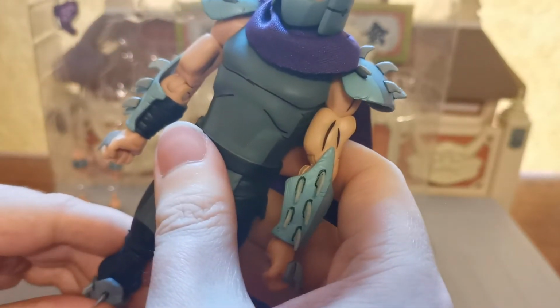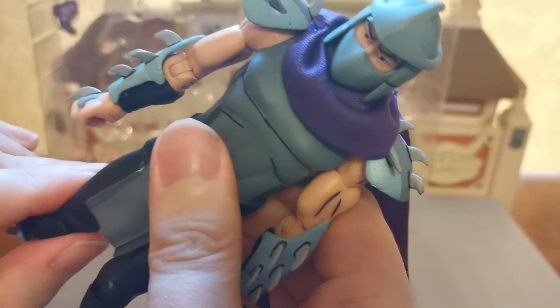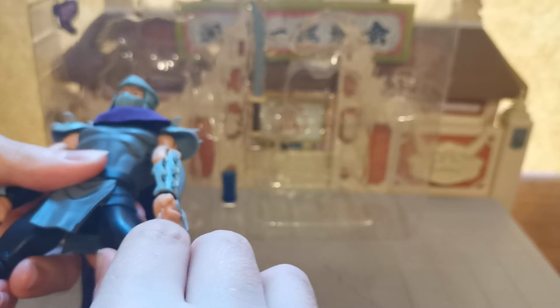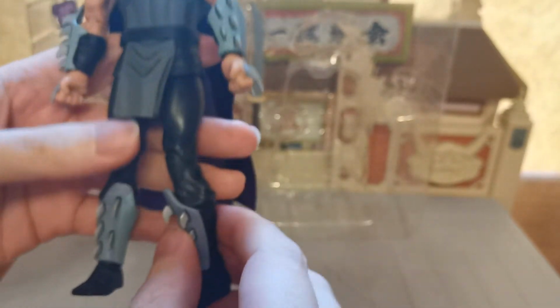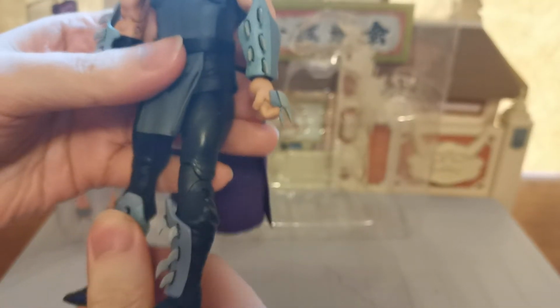The leg does not want to twist. I am not going to force it. I've seen too many Neca figures broken at the hip, so I will wait until we are off camera to fix that myself. It does move up and down. We do have a bit of rotation, but the thigh swivel is going to have to wait. So instead, until that point, we have this weird thing of Shredder's legs looking like this,